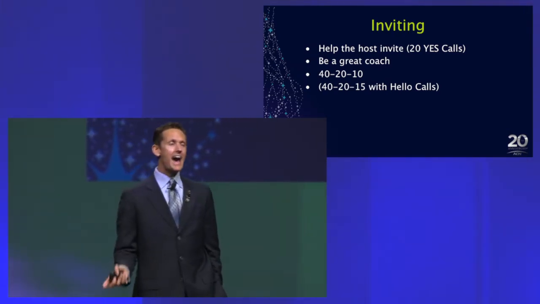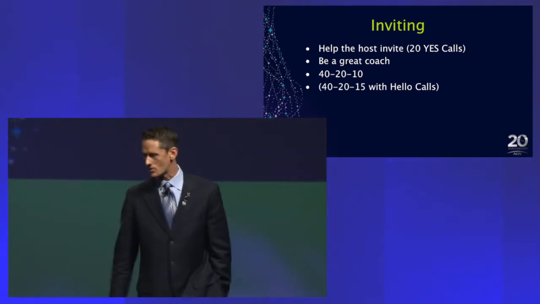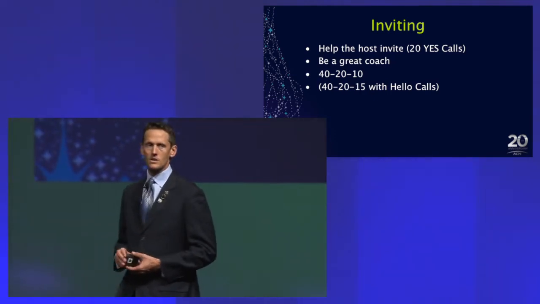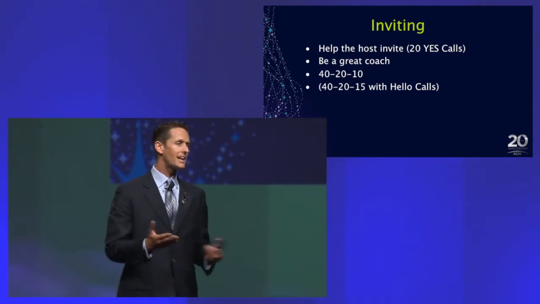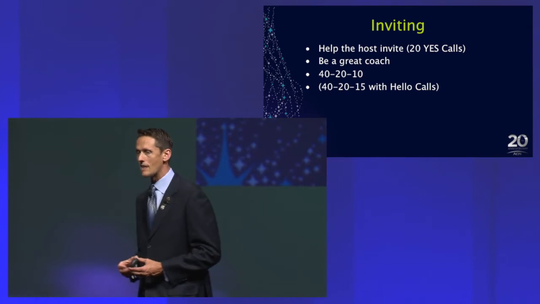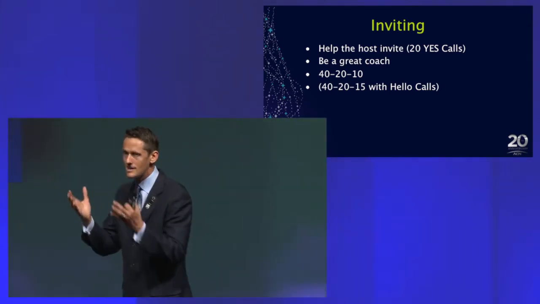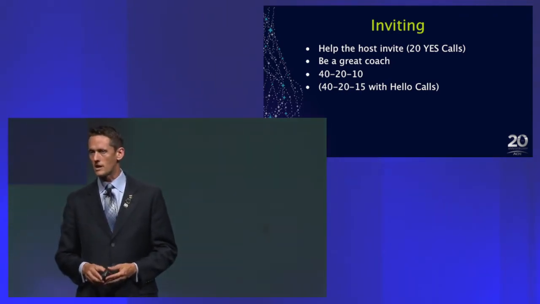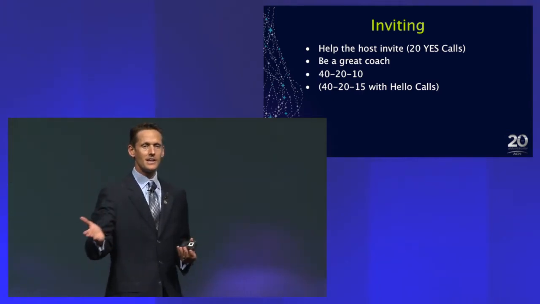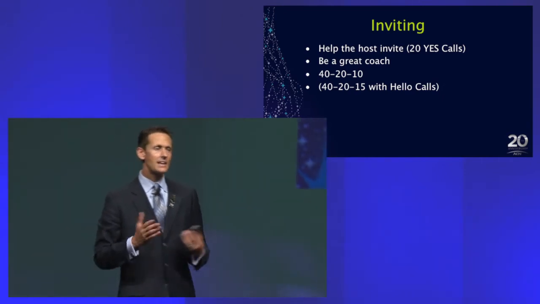So afterwards, after she's done with all the calls, I'm going to have a conversation with her. I'm going to say, hey, Annetta, before you have the event on Sunday night, I'd like you to email me a list of everybody that you got coming over. Everybody who has said yes, not maybes, but people who say, yes, I'm coming. And I'm going to do what's called a hello call. And let me show you how this works. And let's say that Al is somebody on Annetta's list.